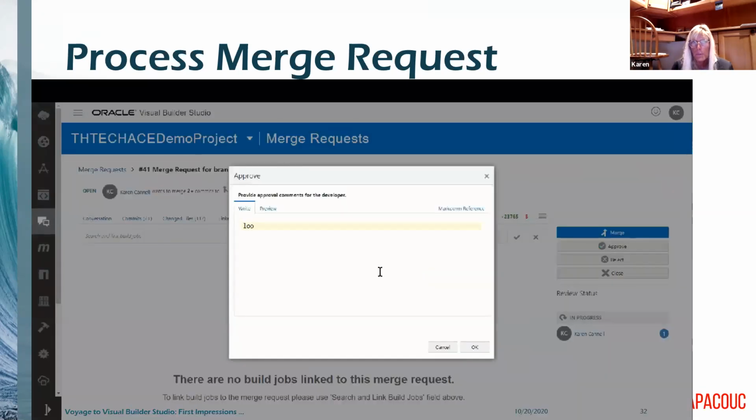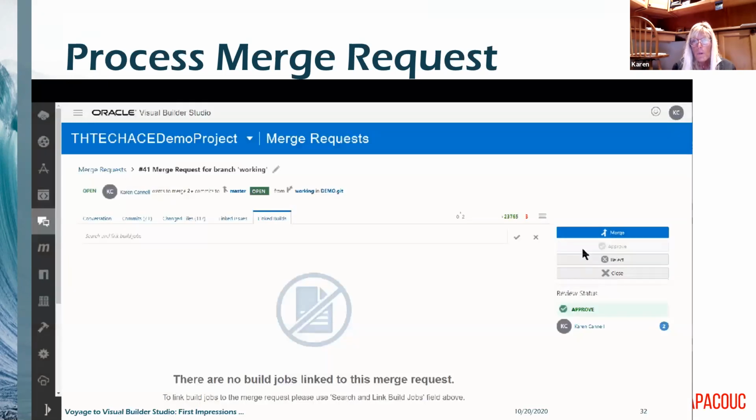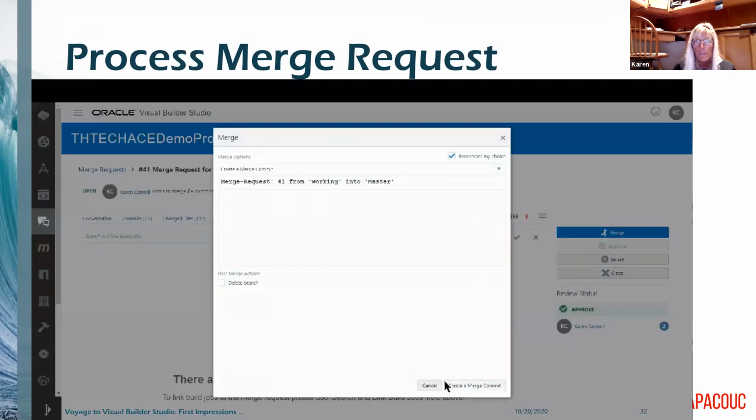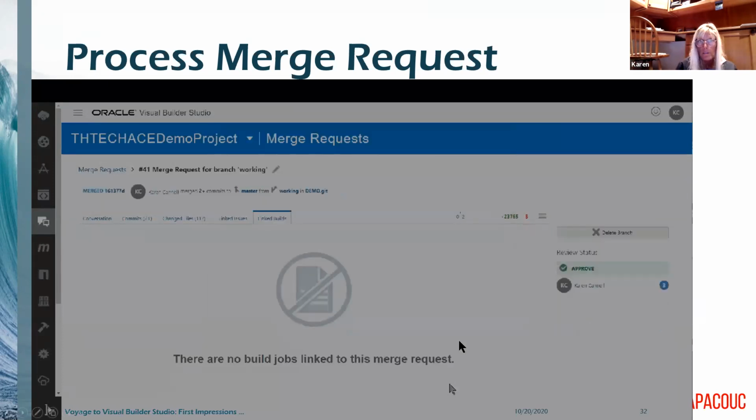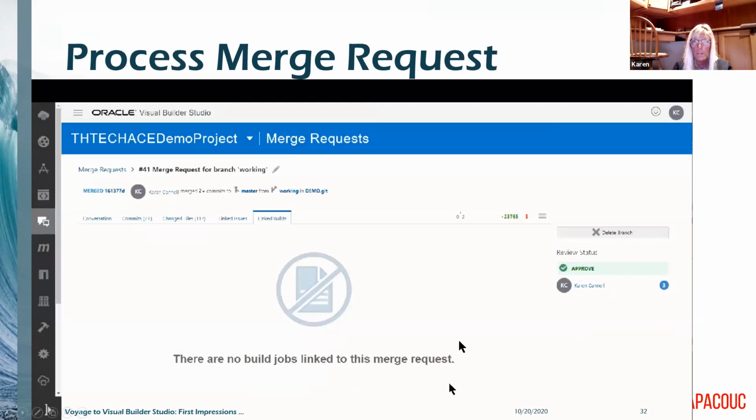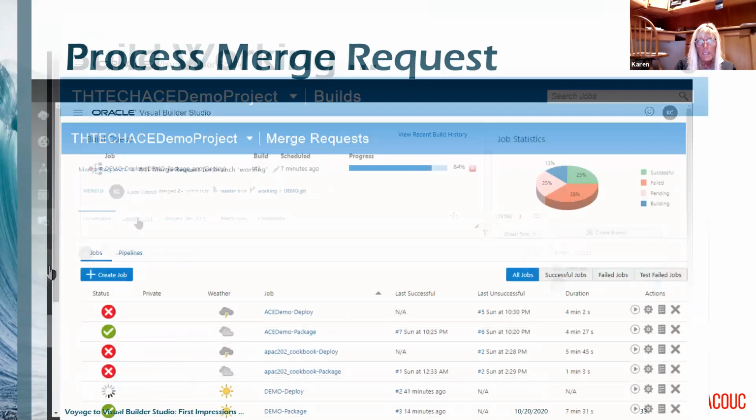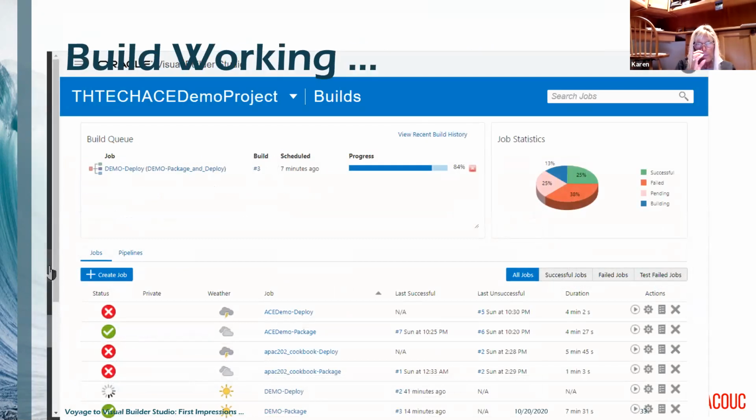So I, as the approver, click approve, say looks good, and then I click on the merge button. What that's going to do is set up a merge commit, which is going to kick off another build. So here's my merge request 41. I click on the merge commit, and I'm done here on my merge request. The next thing I would see is I could go over and look at my builds, and I would see this job